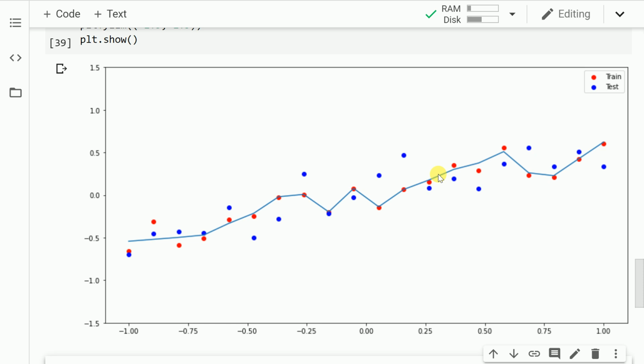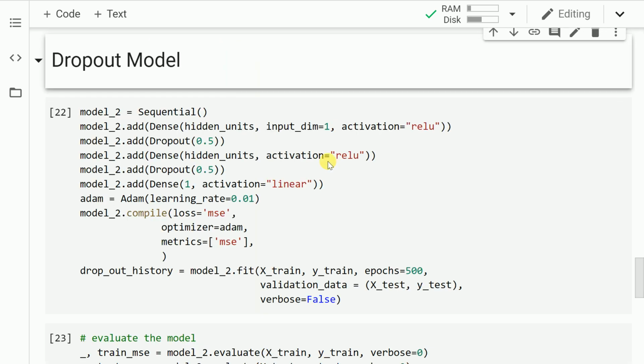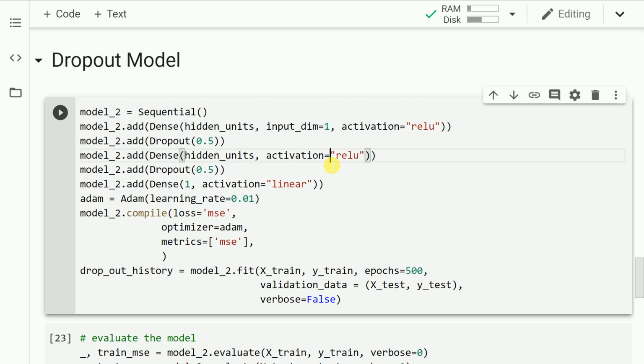How should we tackle the overfitting problem that we are encountering right now? Well, the solution is something called as dropout. So let me go over that section. So what exactly is dropout? Well, dropout is a process wherein you randomly select some nodes in a given layer and turn them off. This process is only valid during the training phase and not the testing phase. What happens because of this process is that your neural network becomes much more robust in case of understanding features from your data. So it is not relying on one particular node to give out the final prediction. So this is the advantage that you get when you start using dropout.